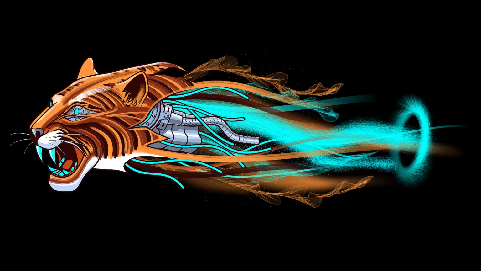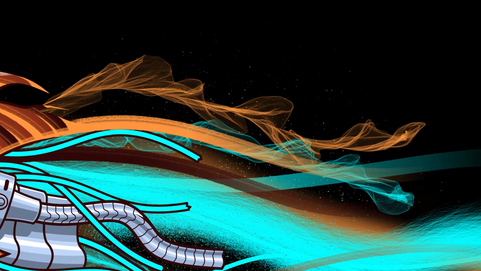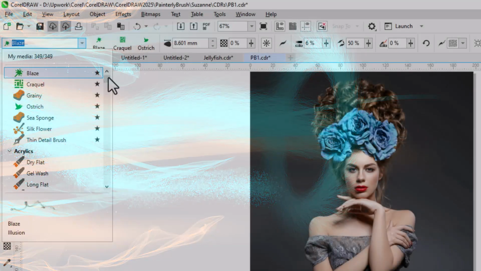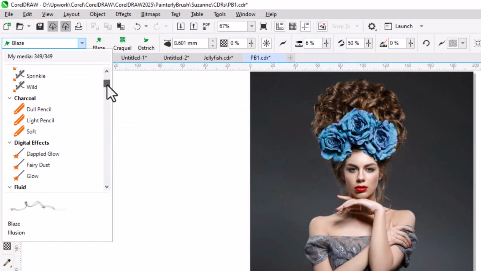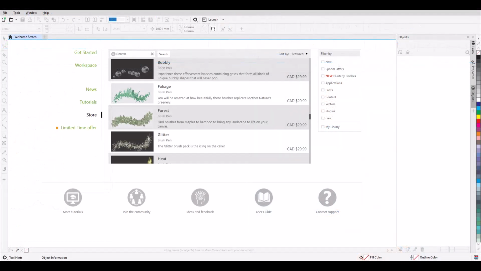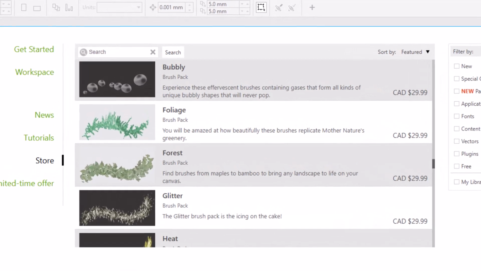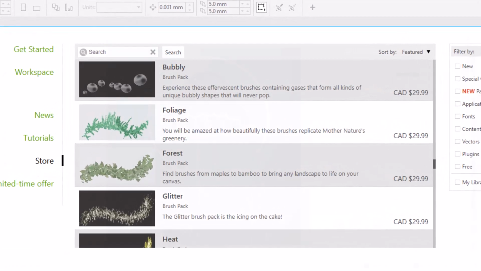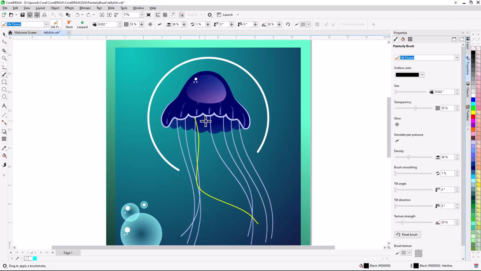And with seamless integration into CorelDRAW's vector-based environment, these brushes enable you to combine painterly effects with precise graphic elements. CorelDRAW Graphics Suite includes over 100 painterly brushes, with many additional brushes available to subscribers and brush packs available in our online store. The Painterly Brush Tool is a graphic design game-changing tool that allows you to create realistic raster